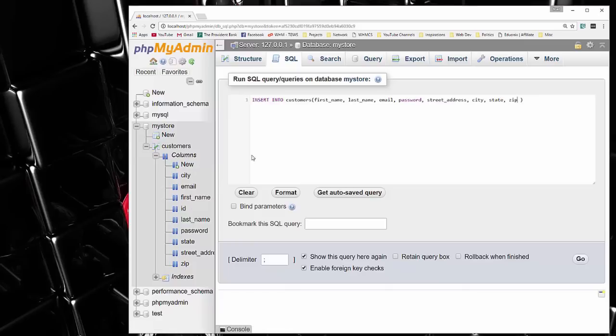All right, now notice that I'm not putting the ID, because the ID is auto increment, so that's going to get inserted automatically. Now, what we want to do is go outside of our parentheses and then say values, and then open another set of parentheses, and we want to insert the data that we want. All right, so we're going to go in the same order that we did here. So let's say first name, I'll just put my name. Okay, first name, last name, email,